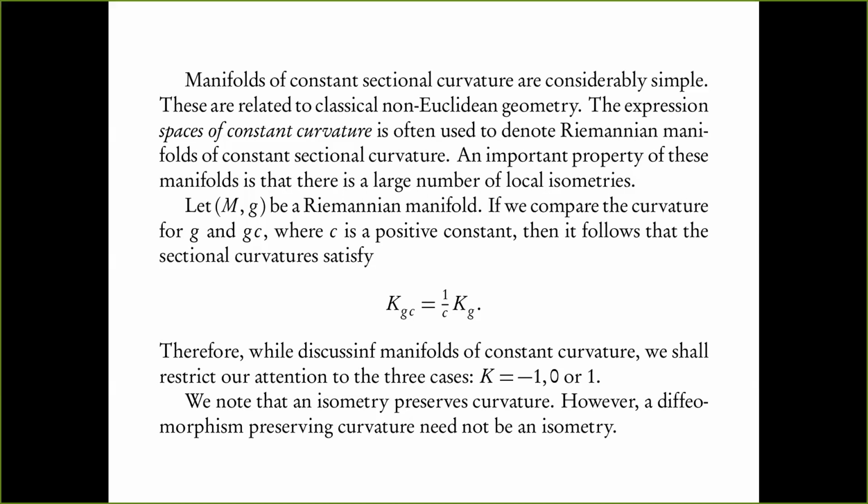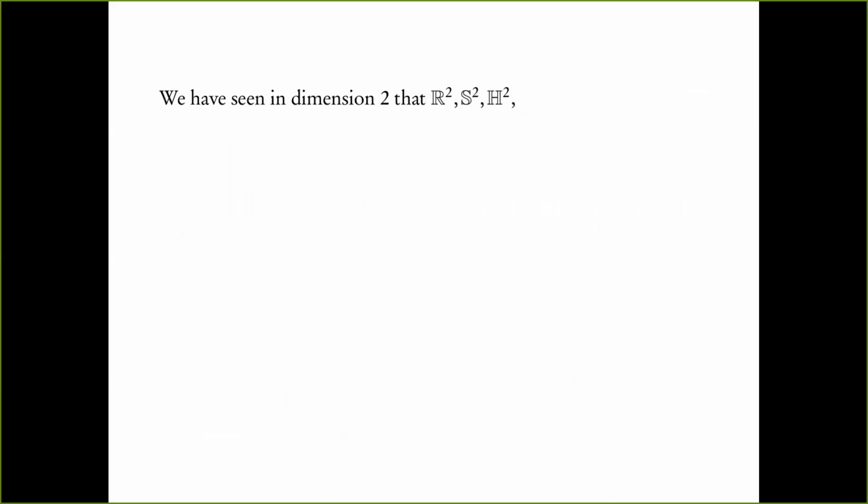Okay. So remember what we are trying to do here. We are trying to ask whether there's a characterization of spaces of constant curvature which are minus 1, 0, or 1. Okay. And we already know the answer in dimension 2. We have seen that in dimension 2, R2 is flat, meaning its curvature is 0. S2 is the manifold of curvature 1, sectional curvature 1. And I'm writing this with this S because this is my notation for S with the Euclidean metric, not the topological S2. Okay? And H2 is, of course,